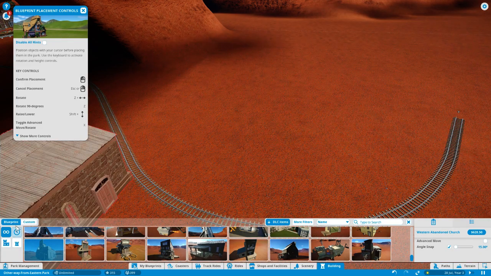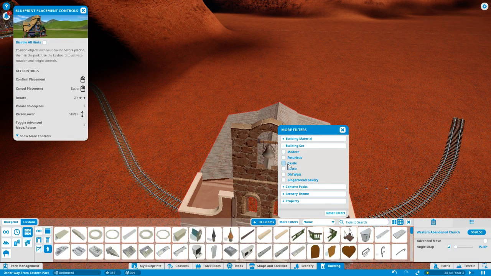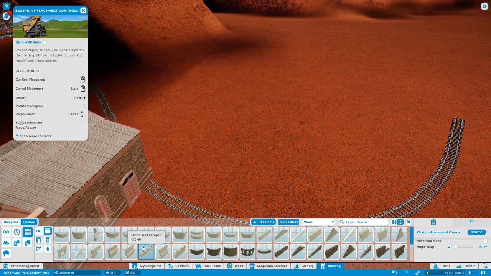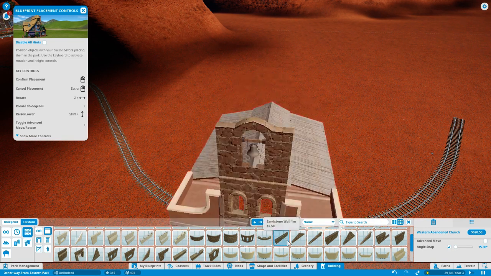We can do that. So custom. And okay, stop with the bell, please. Castle. Wall pieces. Sandstone. Or stucco. Now let's go for sandstone. So we want a...